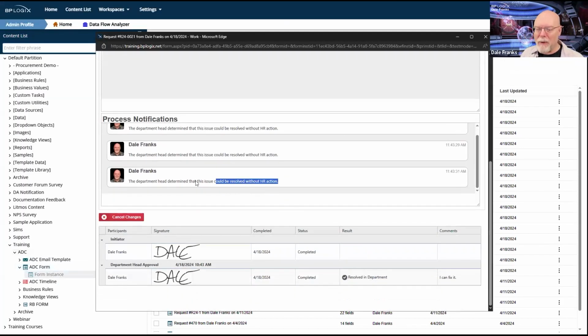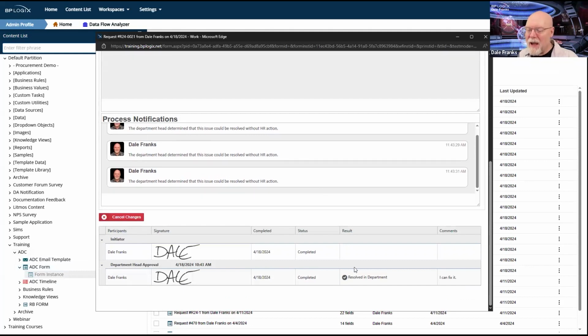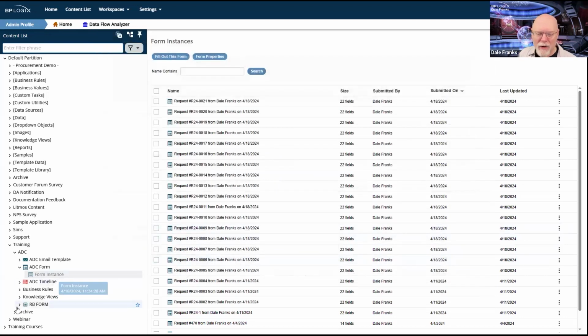The department head determined that this issue could be resolved without HR action. This ran 3 times, and I'm not sure why it ran 3 times. So I'd need to do a little more investigating to figure out what happened with that particular milestone.